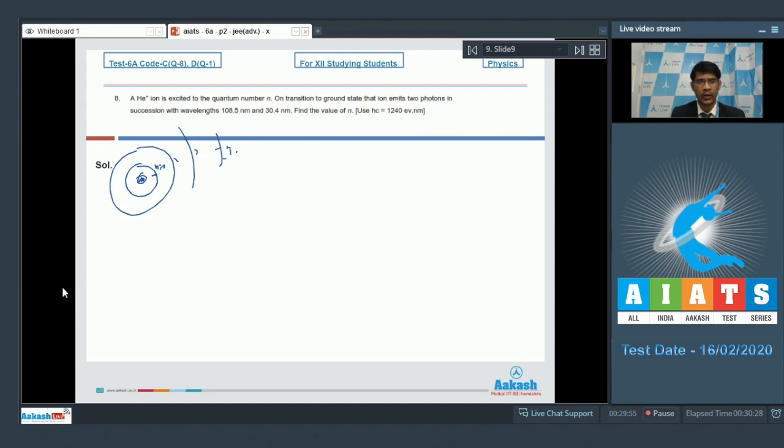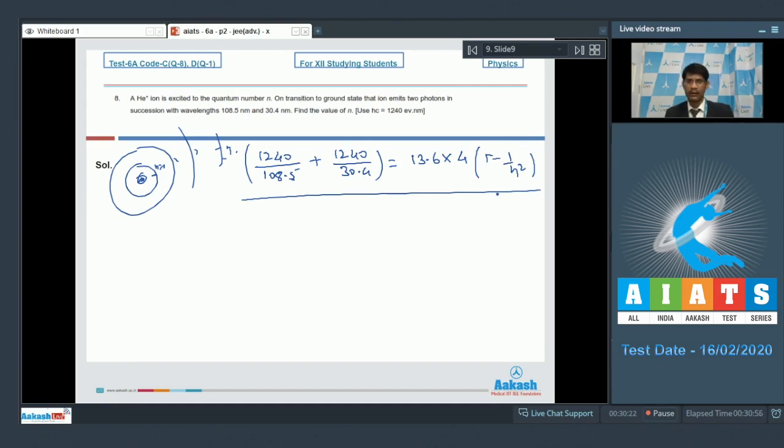Then the energy that actually came out by the successive emission of the wavelengths, it was 1240 divided by 108.5 plus 1240 divided by 30.4 in electron volts. It must be equal to 13.6. Z being how much? 2 here, so it was 4, and it is 1 minus 1 by n square. Have this calculation for n. We will be getting this value to be close to